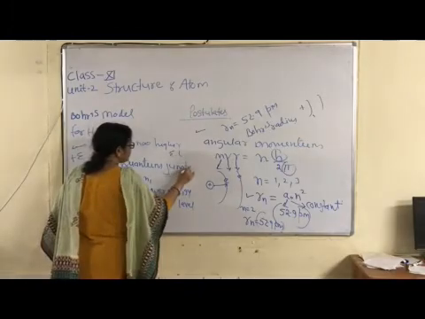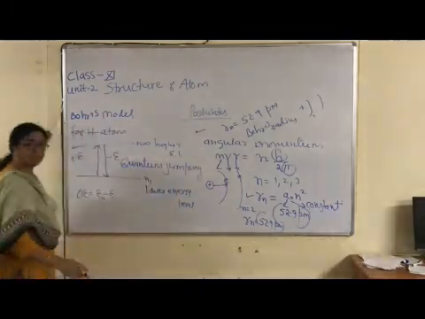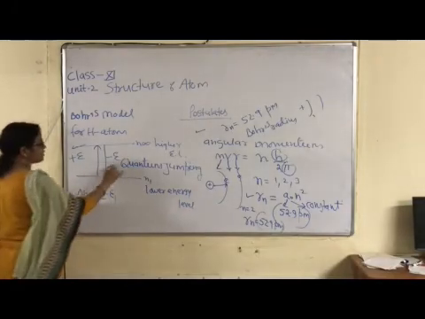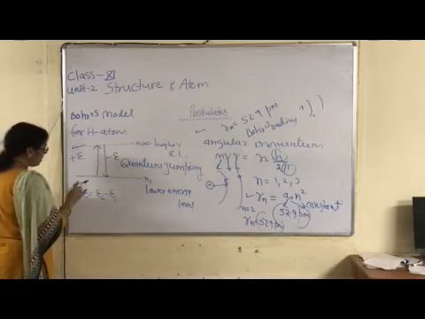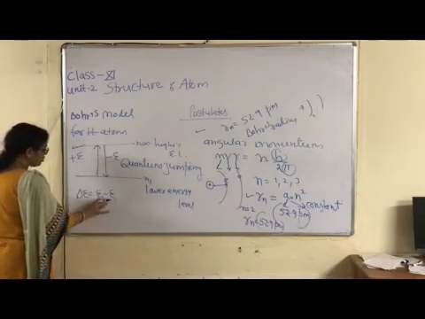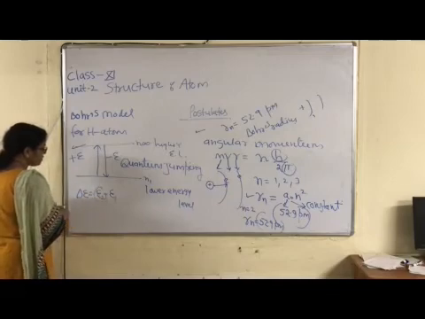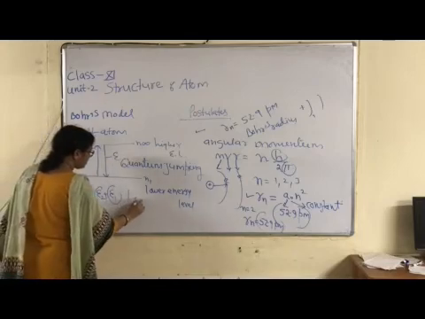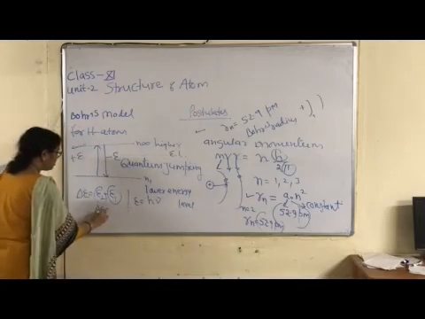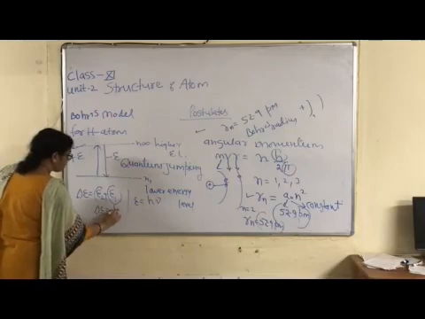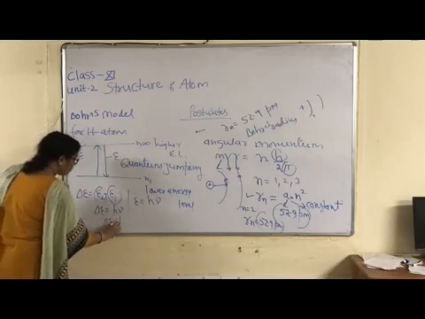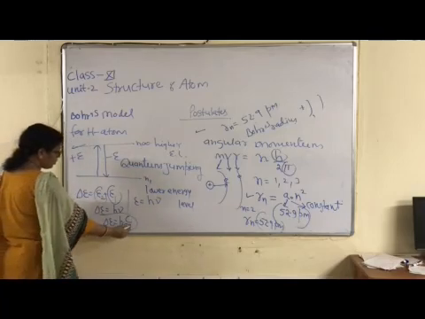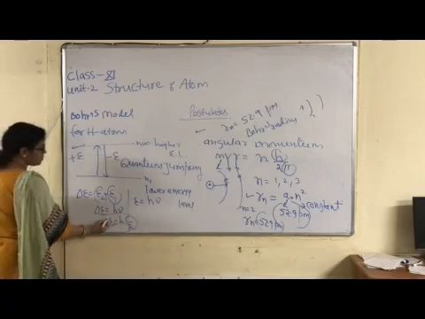This type of jumping of an electron is known as quantum jumping, because this is related to change in energy from one value to another. The difference of energy is given as delta E is equal to E2 minus E1. E2 means the higher energy level, E1 means the lower energy level. Another relationship, as you know, according to Planck, E is equal to h nu. Delta E is equal to h c by lambda. This is the significance: knowing this delta E, we can calculate lambda because c is constant, h is constant.